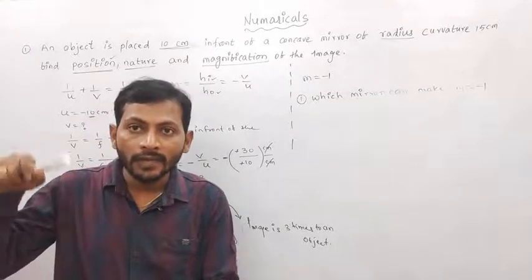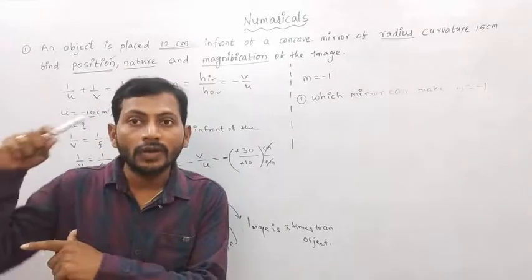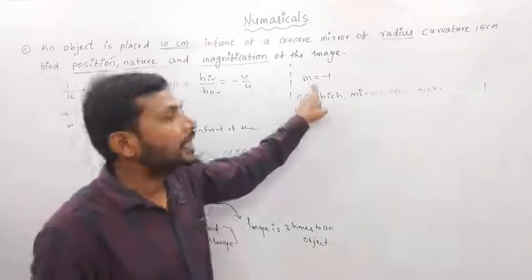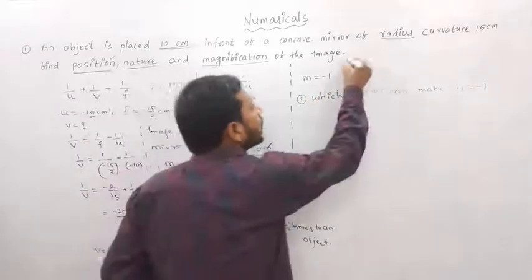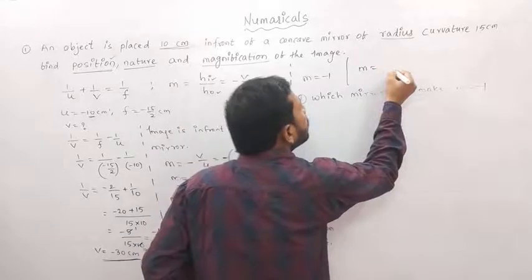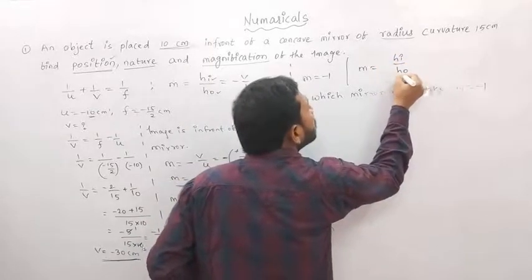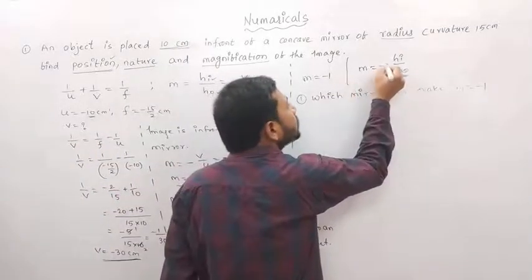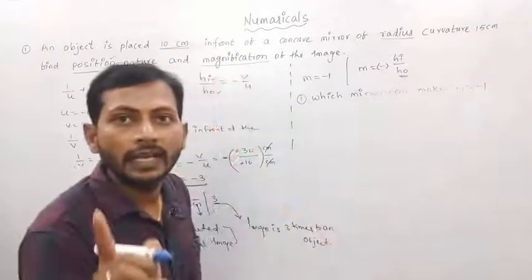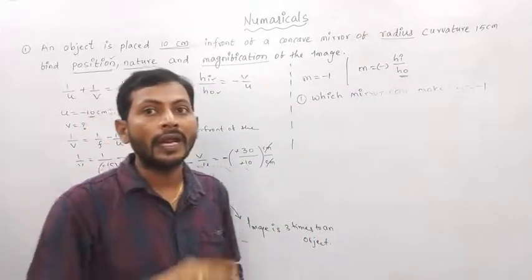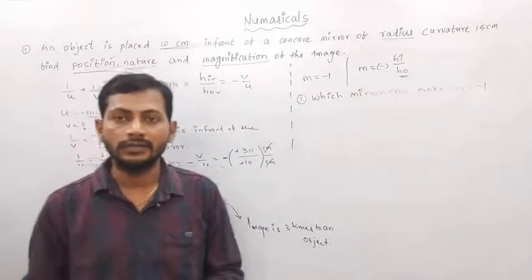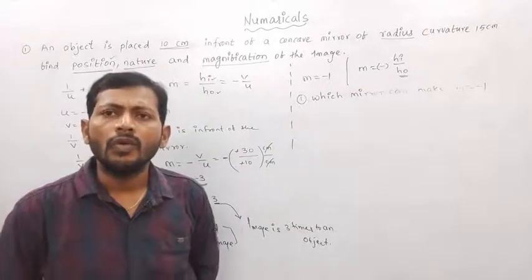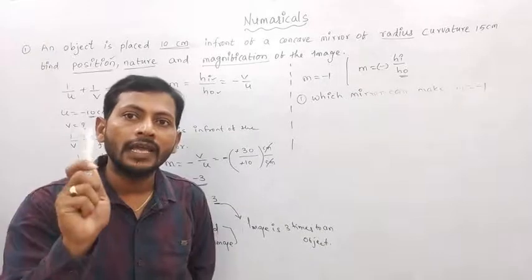So from our previous lecture I got the image size and object size; if both are equal, magnification is 1. So I am writing here m equals 1, which is possible when the height of the image and the height of the object are both equal. Here we are getting minus, and minus means it is giving the real image. Now please analyze the previous lessons about mirrors. Which mirror can give minus magnification? Only one mirror, the concave mirror, can give real images.